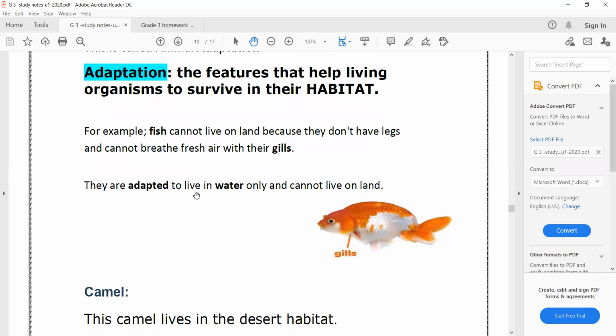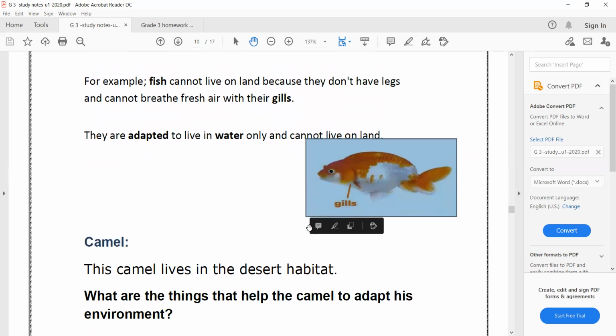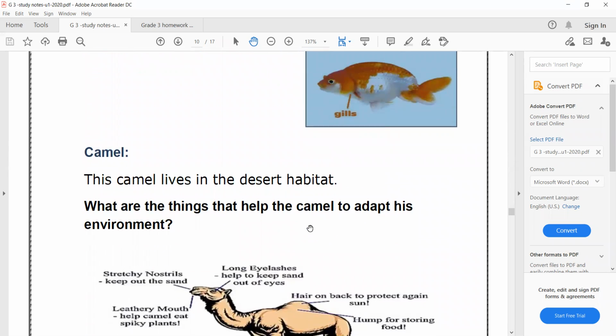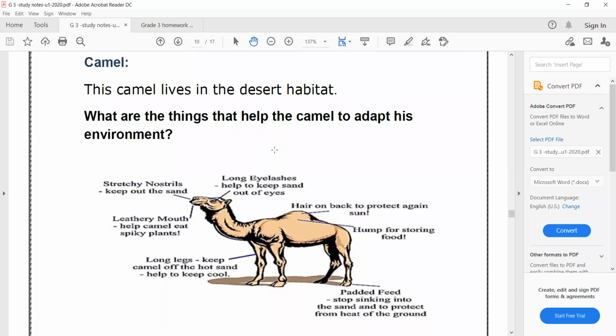So fish is adapted to live under the water by having gills to breathe, and also fish has fins to swim under the water. These structures, the gills and the fins, both help the fish to be adapted under the water. If we talk about another living organism,